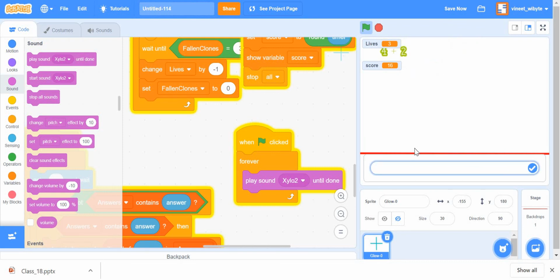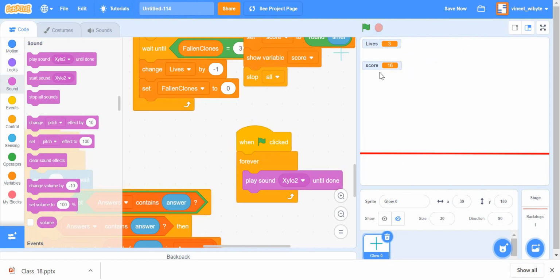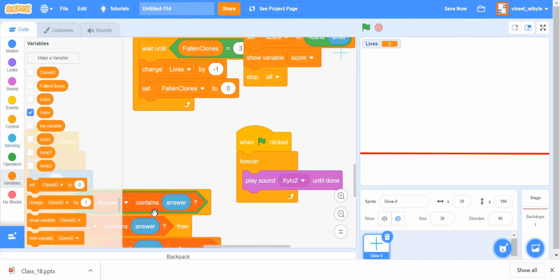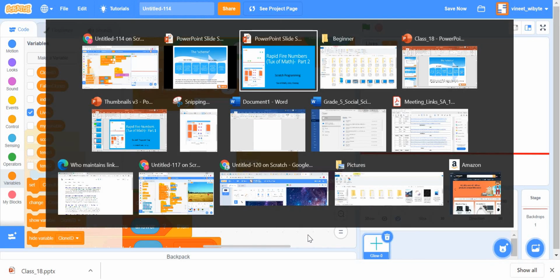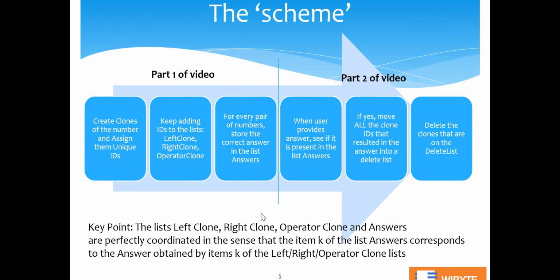7, 17, 8, 7, 10, and so on and so forth, right? So I'm going to stop this here. I think what I've ended up in is quite an interesting game. Let's just recap, and for the purpose of doing this recap, I'm going to go back to the scheme that I've been talking about. This game hinges on this scheme, right?